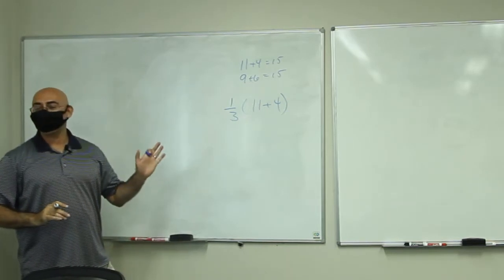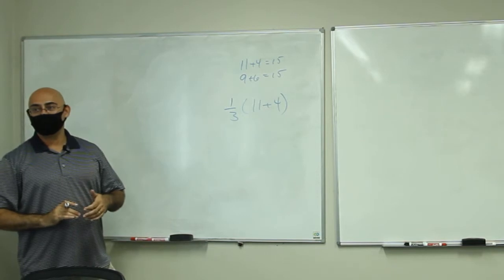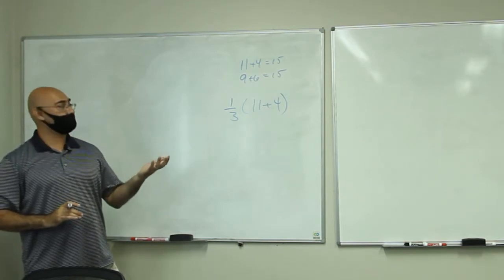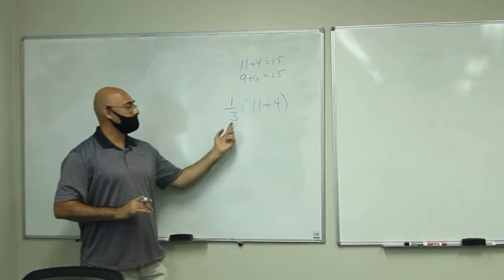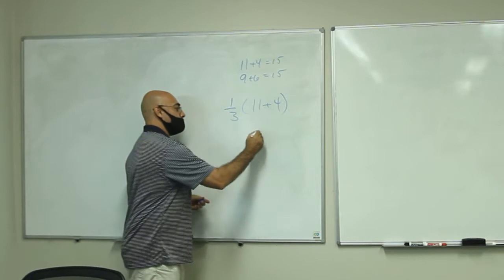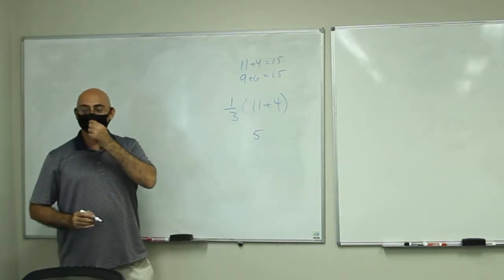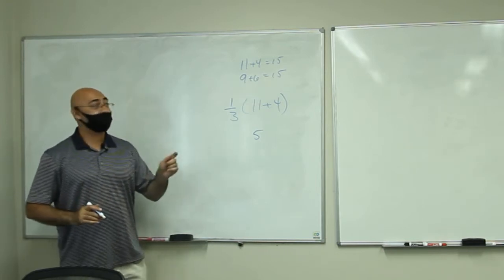There are a couple ways you could solve this problem. Probably the smartest, most straightforward way is to do 11 plus 4 is 15, and then divide it by 3, because 15 divided by 3 is equal to 5, isn't it? Yes, no? But if you wanted to be tricky and mess with your math teacher, you could say this,